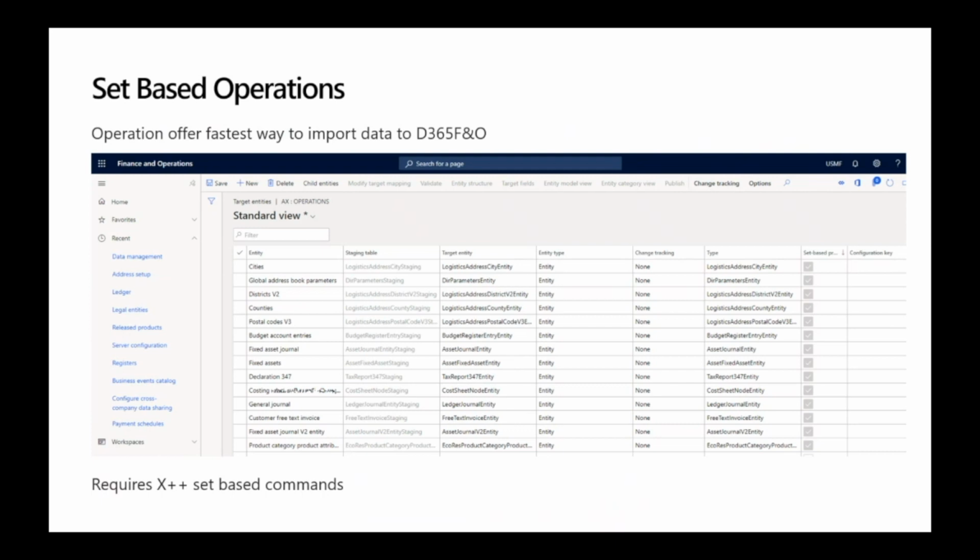So it is not always possible to have set-based operations, and it means that in some circumstances, if you are talking about high volumes of data that need to be interfaced in a short time, you might consider developing your own entities, which can skip the insert methods and run those things after you have first imported your data into a staging table.